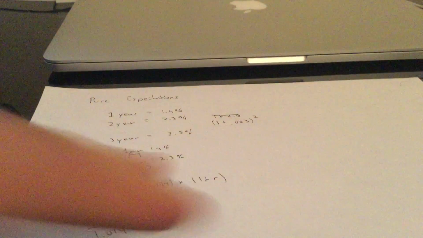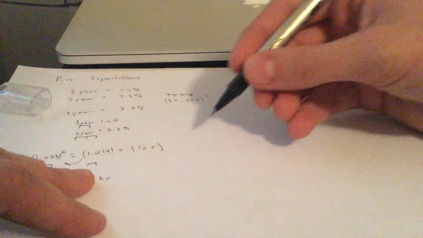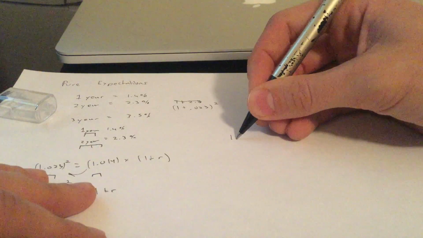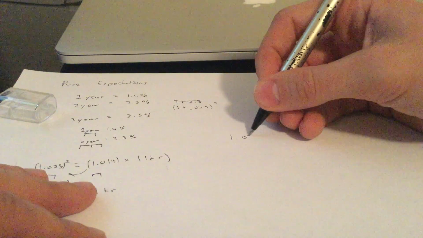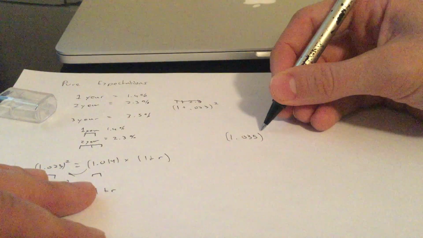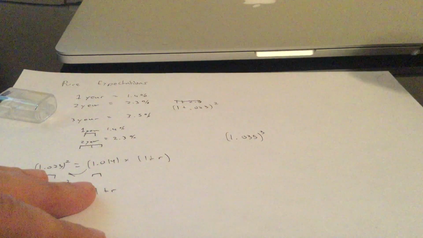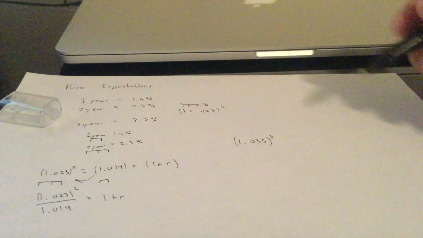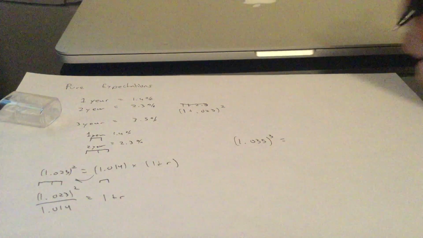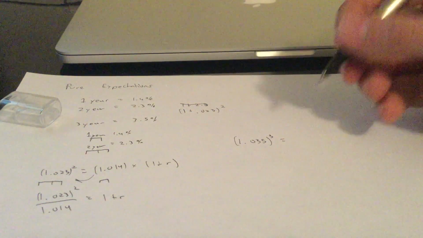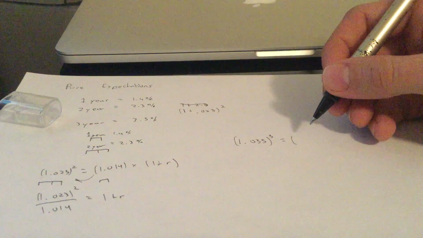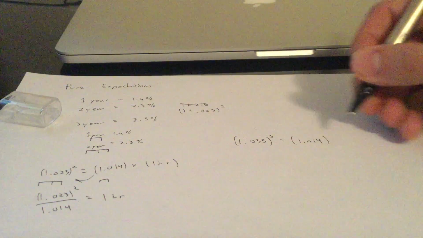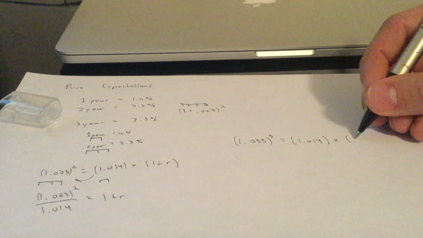So what you need to do is, on the left side, go ahead and set the value, the known value for a 3-year horizon. So in this case, it's going to be 1.035, the annual return on a 3-year, cubed. That's its compounding. So it's saying on a 3-year bond we get 3.5% a year. That's a compounding rate, so we take it to the power of 3. Set that equal. Now we can set one of our knowns here, the known of the 1-year bonds, 1.014, times that 2-year,